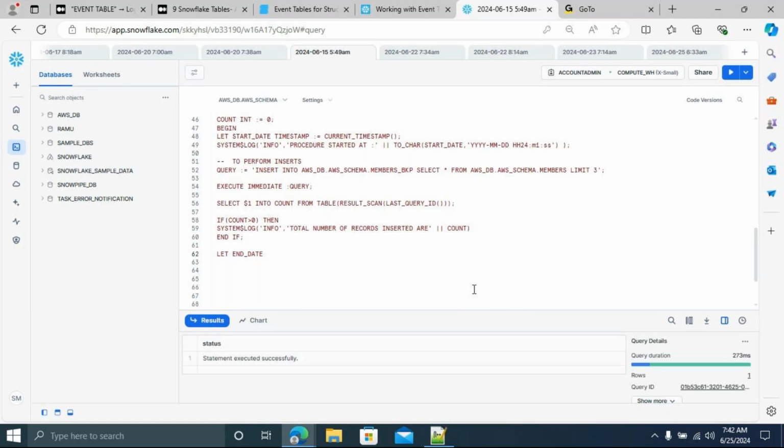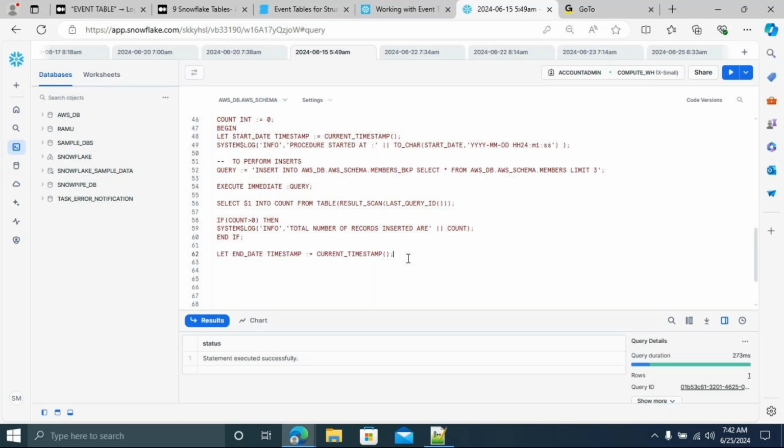The data type is timestamp. And I'm going to assign a value to the variable: I want to get the current timestamp. And I missed one more thing, guys. No one told me. I missed the semicolon. Okay, good.